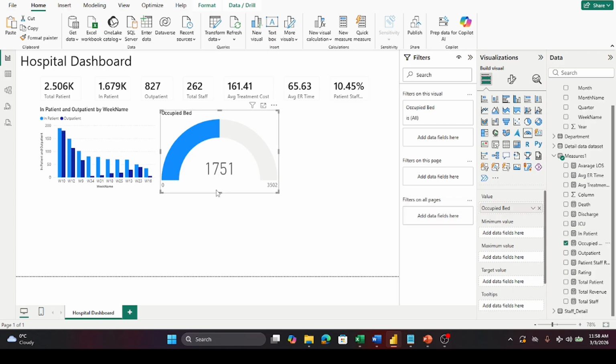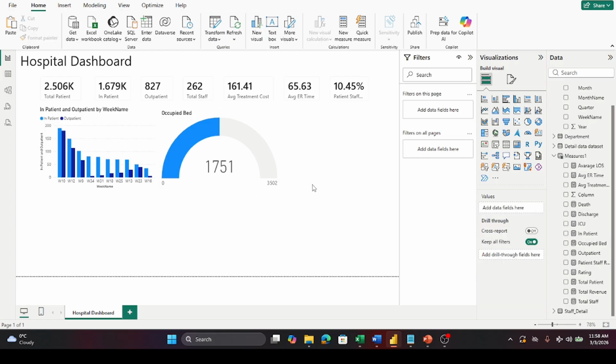So 715 beds are occupied out of 352. And the next one are